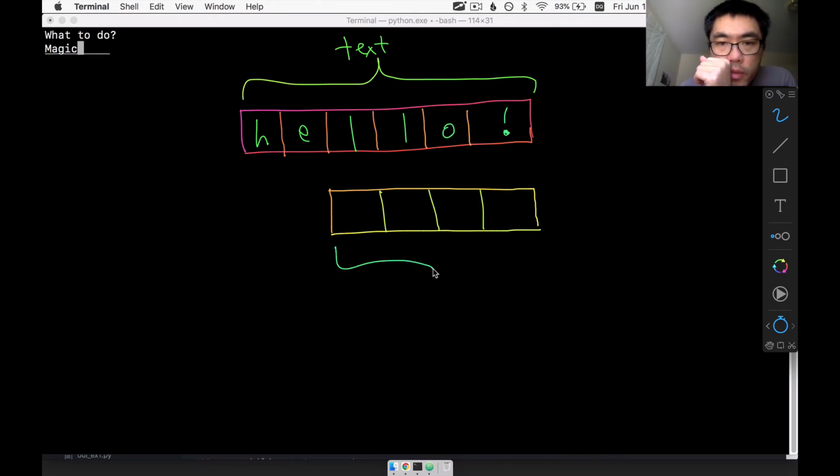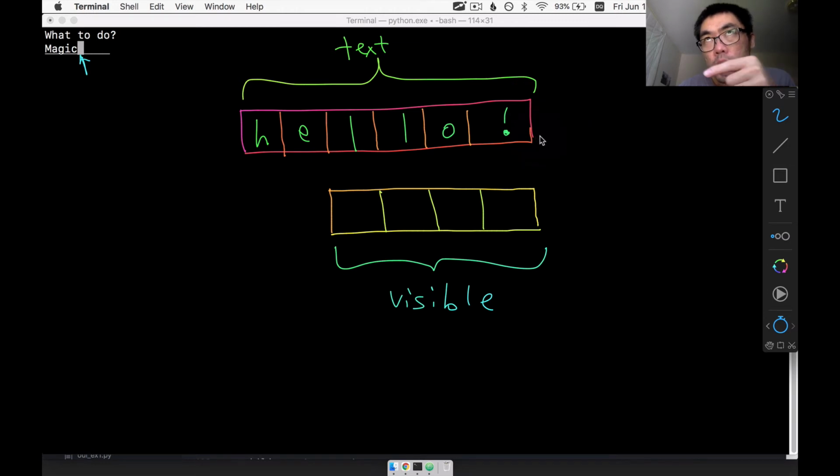This is the visible part. And we also have a cursor, which is a reference to the index that currently has the cursor on it. The cursor can be to the right of the actual string. So it's possible for the cursor to be here, but this is not that case. The cursor is here. And if we delete when the cursor is the first